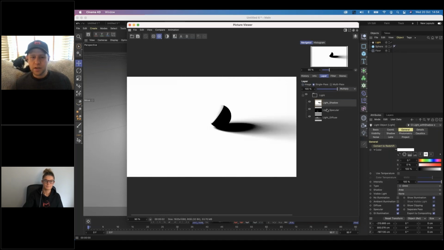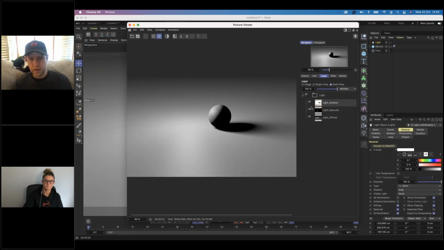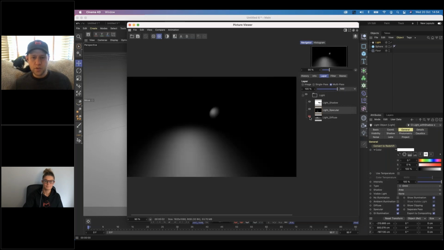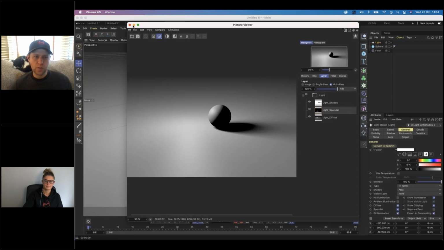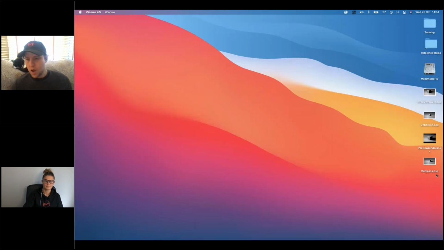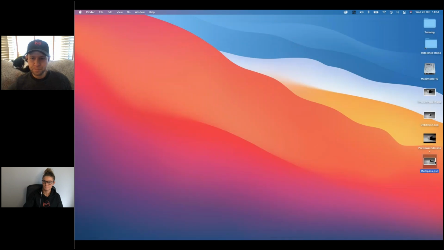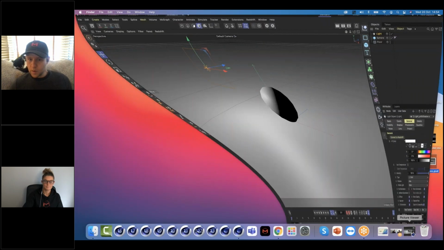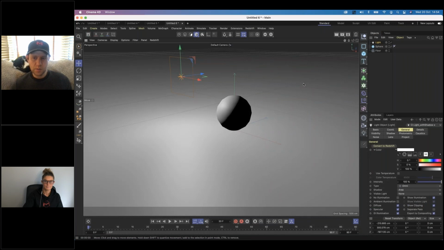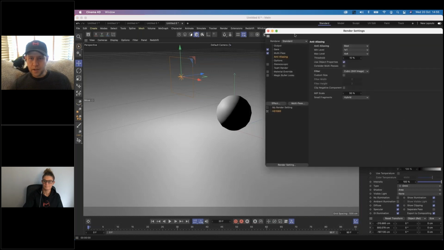I can go to single pass, which means I can look at the individual single passes like this, which make up my final image, or I can go to multipass, and then I can turn off the shadow if I particularly want to. I can turn off the specular so that I'm not getting that bounce back. I can turn off the diffuse, which is very bizarre. Okay, so I've got the choice of looking through all of those, and this is exactly the file that I would have had created on my desktop as a PSD, which I could then load in Photoshop, which I'm not going to do right now because it will take forever. So that is multipassing, which is incredibly useful for being able to move stuff around and manipulate the image and